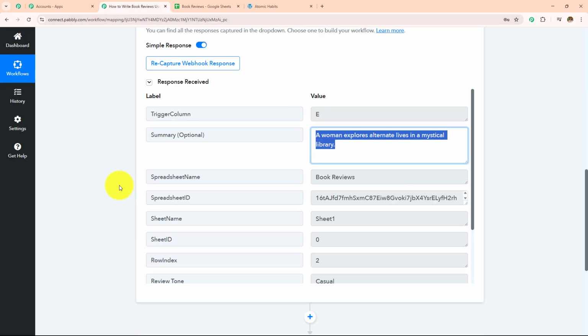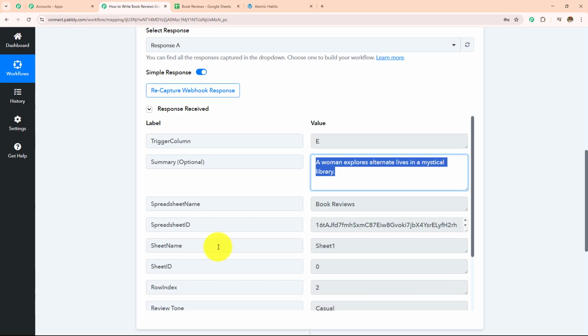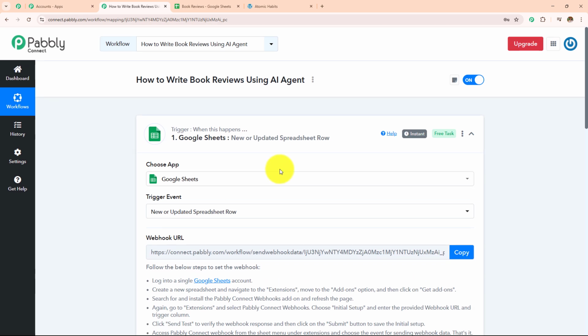the connection setup that we have created between Pabbly Connect and Google Sheets with the help of this webhook URL is successful. And now whenever I add a new detail in my Google Sheets spreadsheet, I'm going to start capturing that response here in this workflow. Now moving on to the next step, whenever I add a new detail in my Google Sheets spreadsheet,